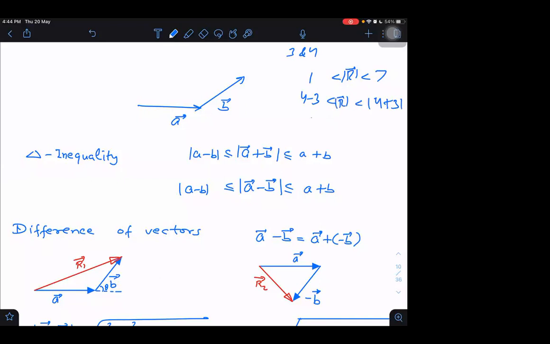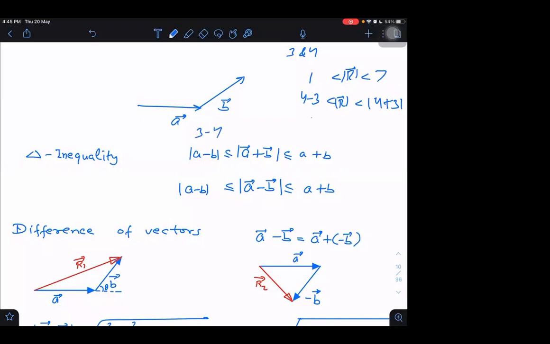No, not minus 1. Not minus 1. The reason is, while we are asking magnitude, that cannot be negative. Therefore, I have taken mod here. Observe, I have taken mod. You may be thinking, why am I not taking mod here? Here, when I say A without vector sign, then it automatically means magnitude of A plus magnitude of B. So this is already magnitude here and magnitude here. But while I take the difference of two magnitudes, somebody may take the difference in this case as minus 4, so I have to write it as plus.